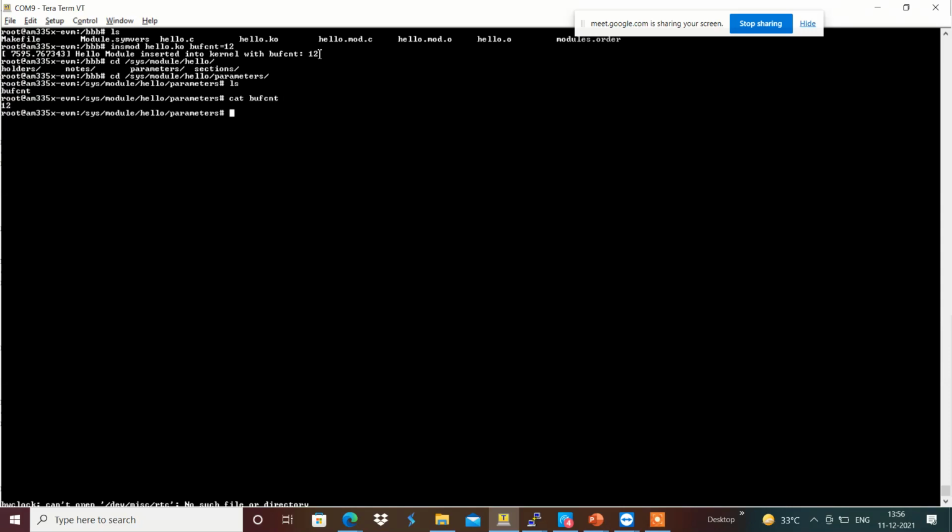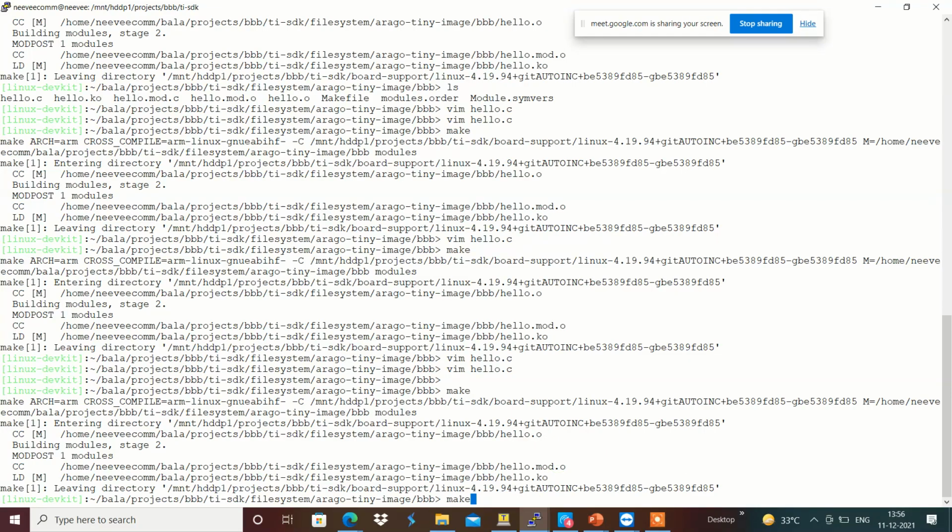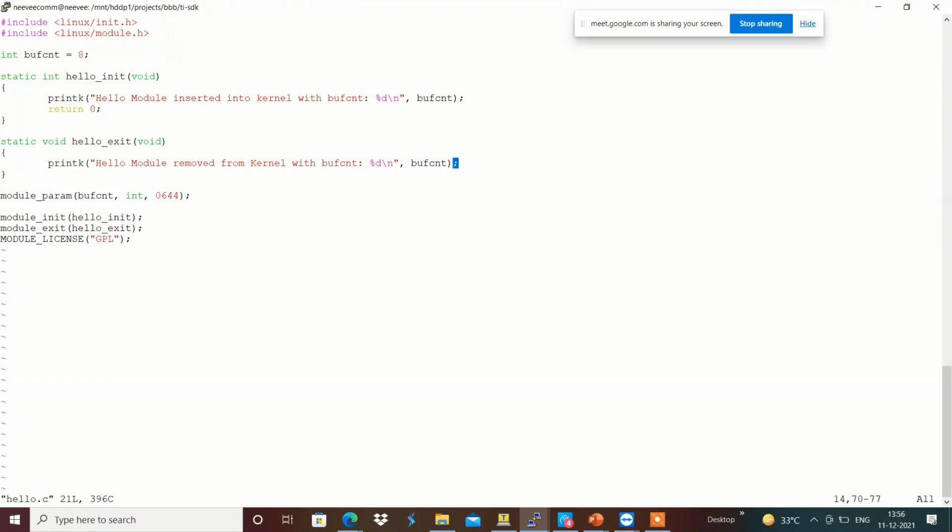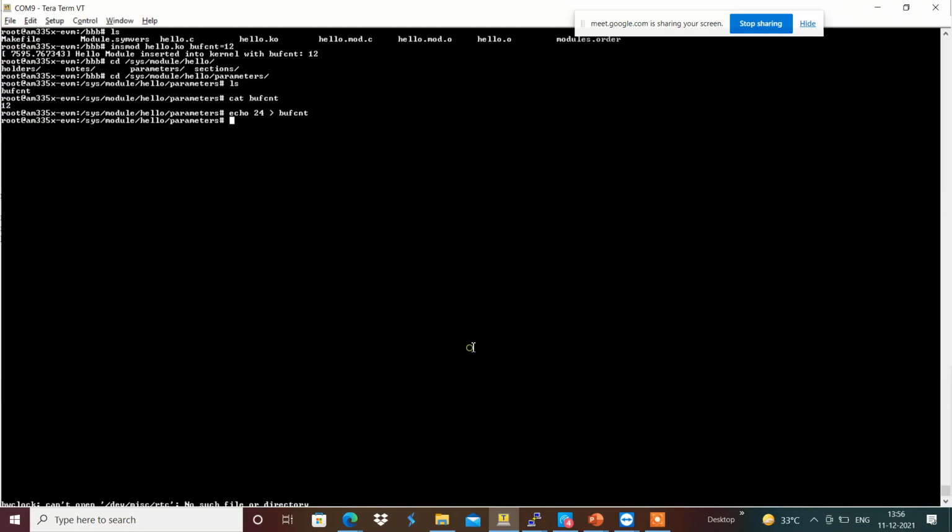Buff count is 12, and if I update the buff count to 24 over here, it updates the variable present in the hello kernel module. This buff count will be updated accordingly, and we can see that whenever we do rmmod hello. When I try to remove hello, we got the buff count value as 24.